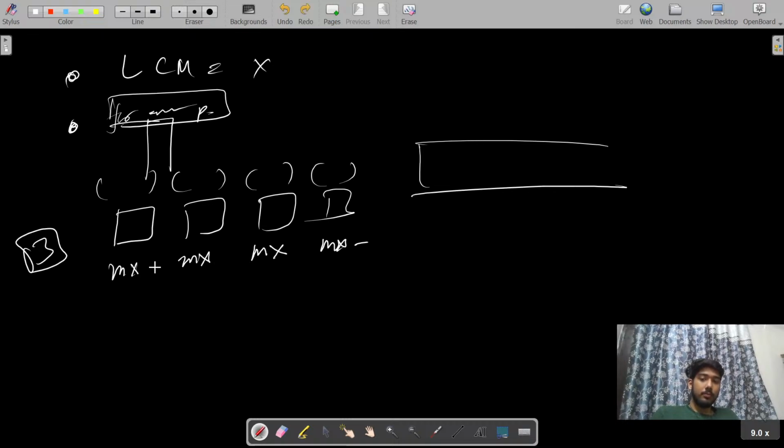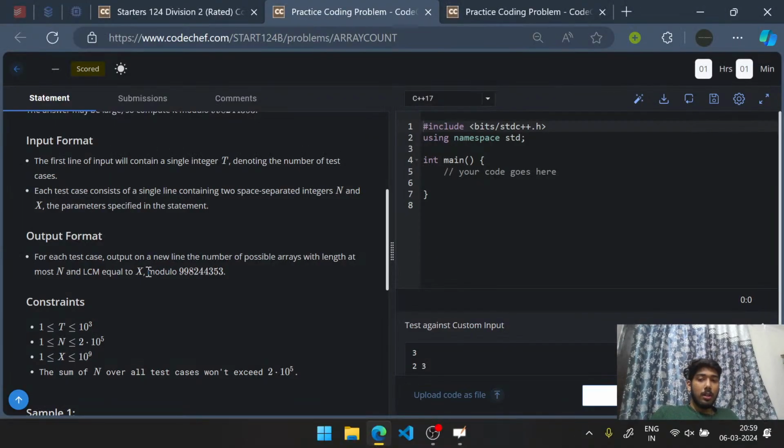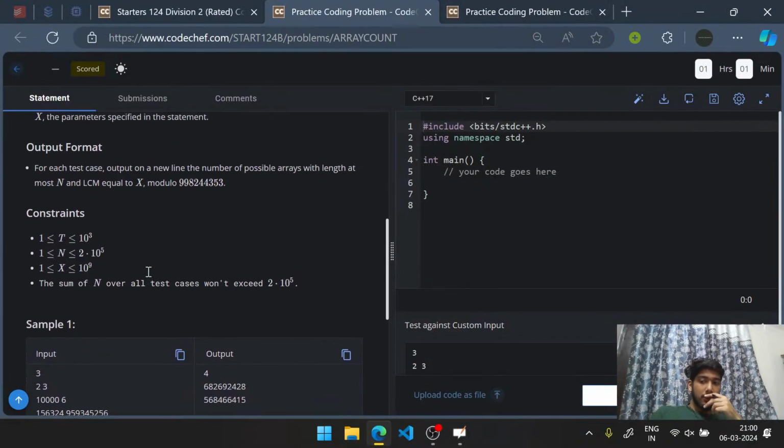नहीं यार, इन सब का जो मैं मल्टीप्लाई करूँ तो आंसर आ जाएगा. Right. So in case of